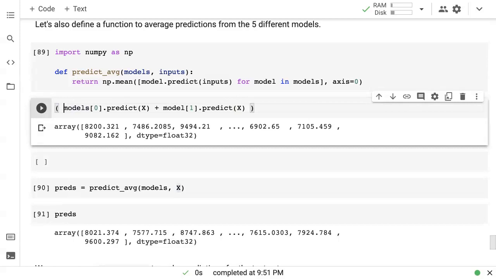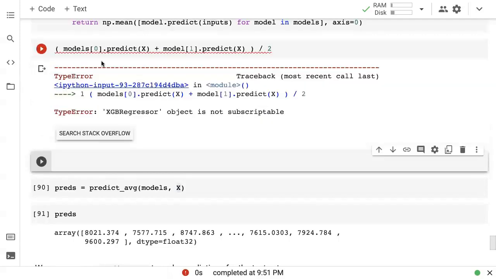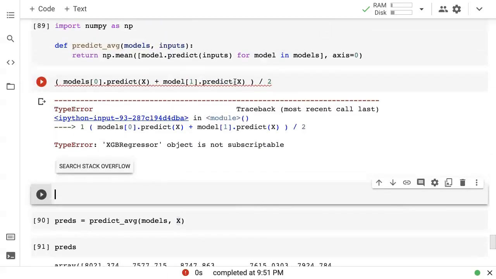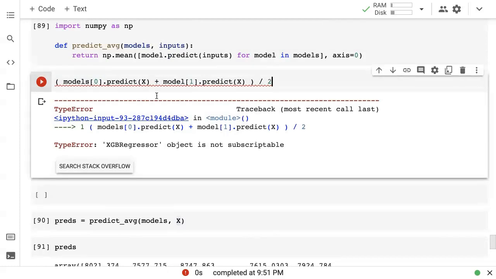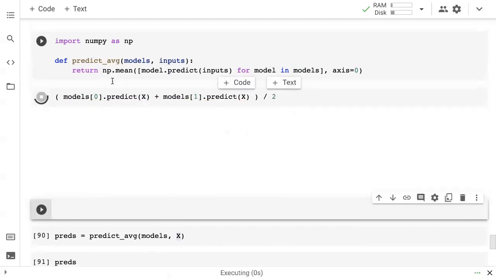And when you want to average them, you can simply just divide by the number of models you have. So that's basically what we're doing with predict average.